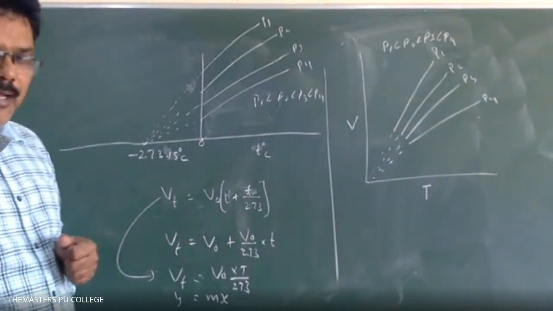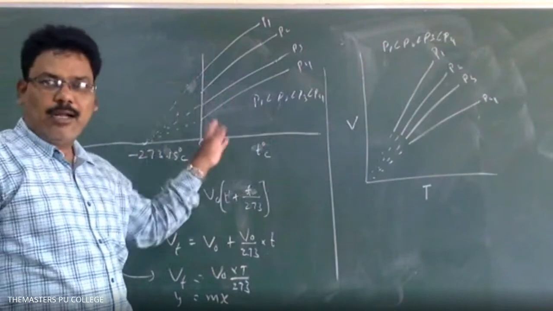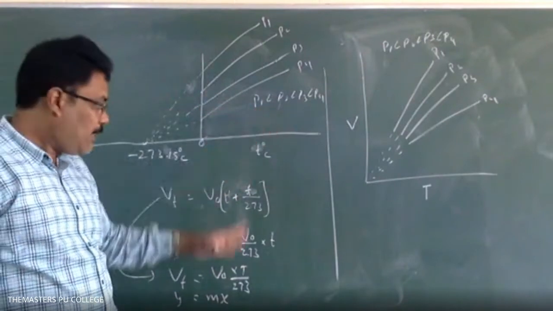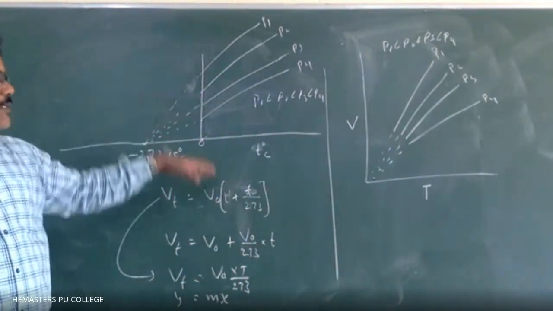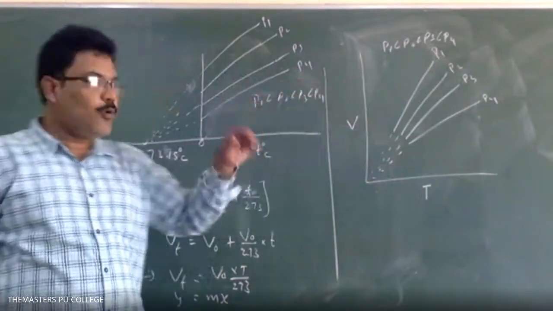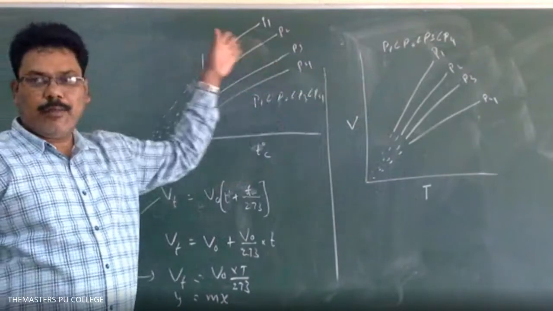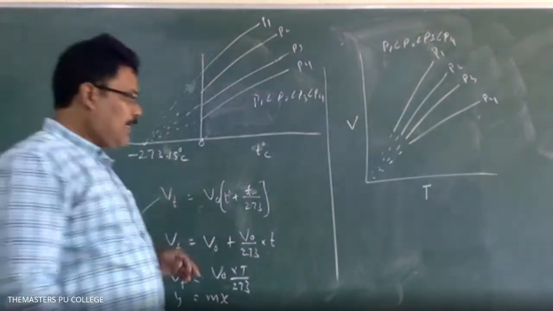Okay, understood this one? So these are the isobars. You just draw the graphs. For the explanation of how you will get the graphs, I explained along with those two statements. This is for the first statement, that is for the second statement. In the NCERT textbook, they have given it differently. This one is the same, but this one they have given differently. How did they take it? They took it like this.